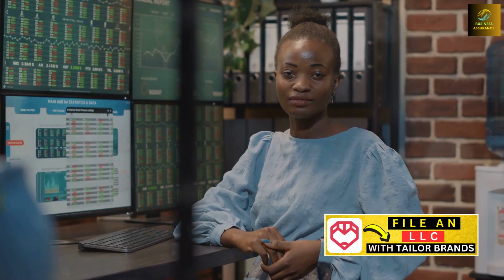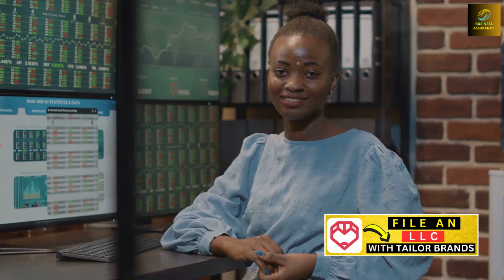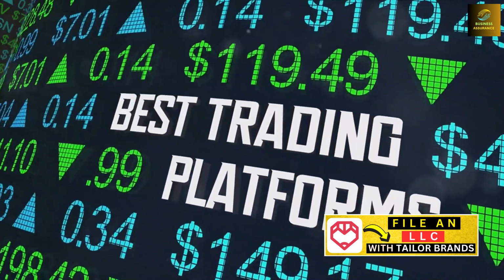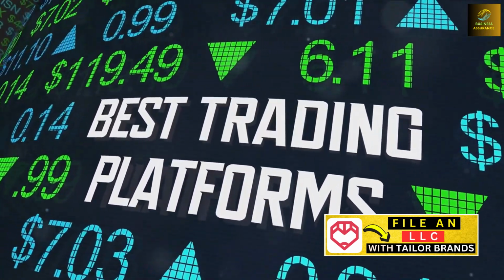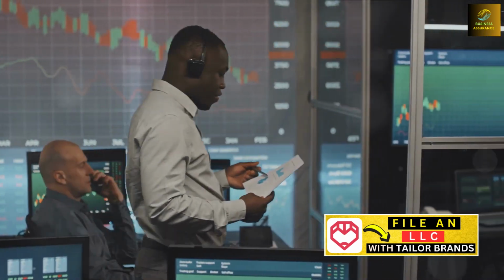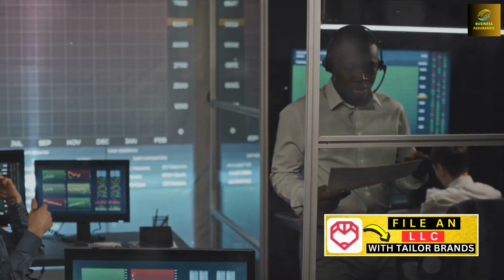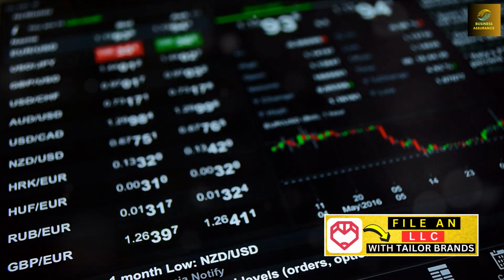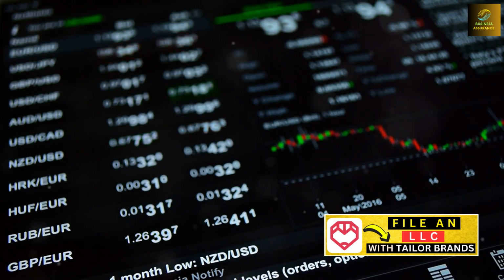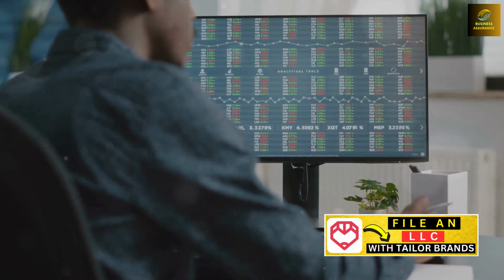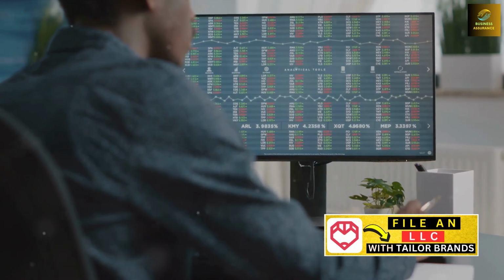Choosing a reputable broker is equally important. A good broker should be regulated by a recognized financial authority, such as the National Futures Association or the Commodity Futures Trading Commission in the United States. They should also have a robust trading platform, competitive spreads, and excellent customer service. Remember, your broker is your partner in trading, so choose wisely. Additionally, consider the broker's deposit and withdrawal policies. It's important that you're able to fund your account easily and withdraw your profits when necessary. Some brokers offer various funding options, including bank transfers, credit cards, and even digital wallets,